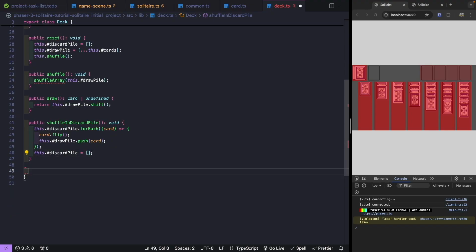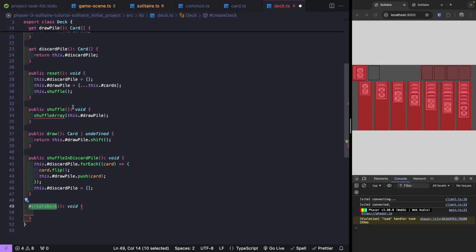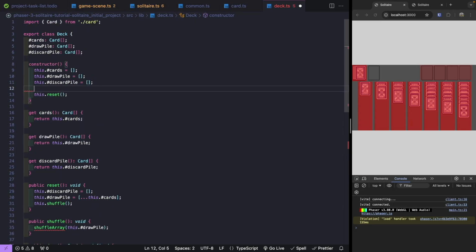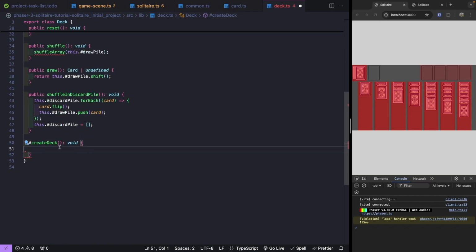So to do this, let's make a new private method, and we're going to do createDeck, void. And so we're going to call this method from our constructor right before we do our reset. And so we'll call this.createDeck. So now inside here, what we want to do is we need to go ahead and create our 52 card